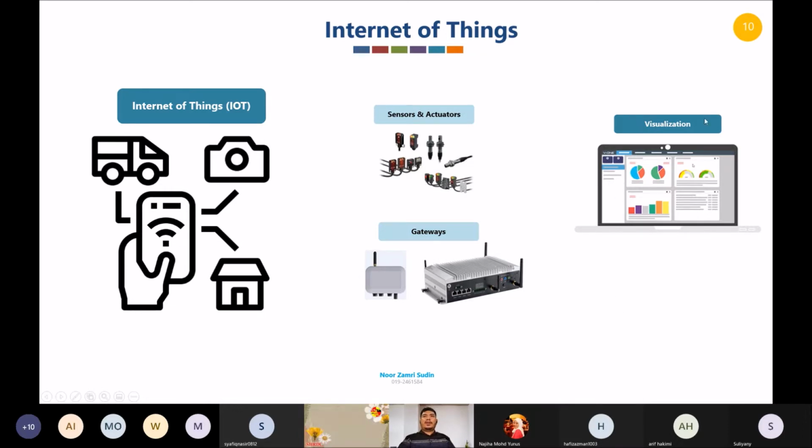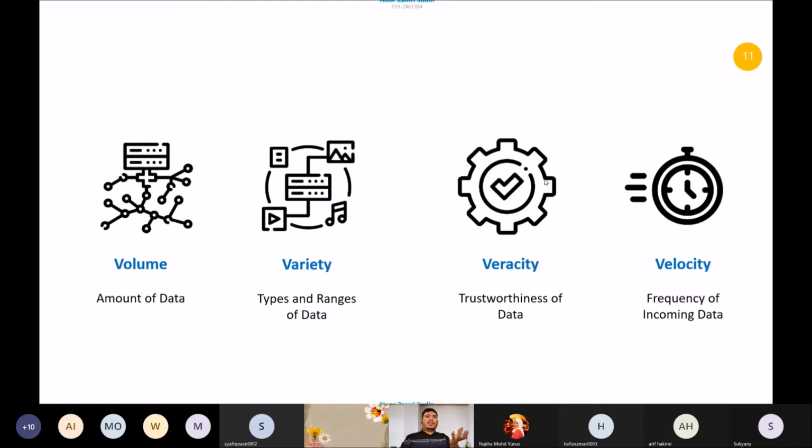Usually every device you buy comes with some software. If you buy a smartwatch, normally you can download the app or software to your phone to see the data. Because otherwise, you cannot see what the device is doing during that time. So using this software, you can do some sort of visualization. Right now you can see your steps, your blood pressure and so on using this visualization. Right, this is Internet of Things.